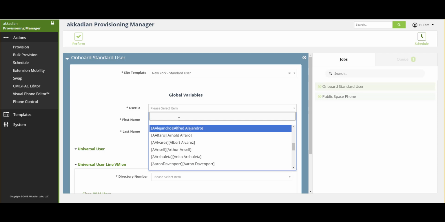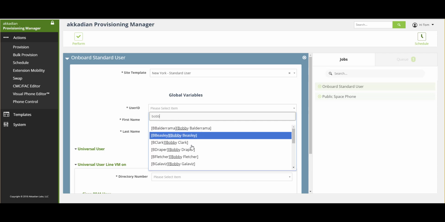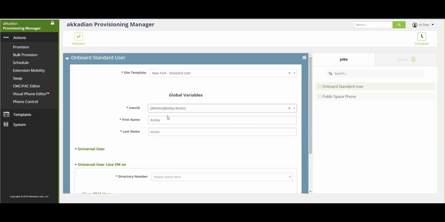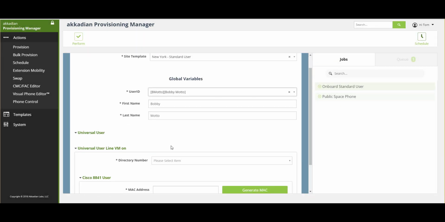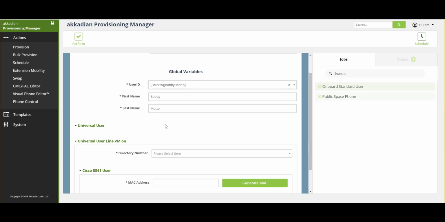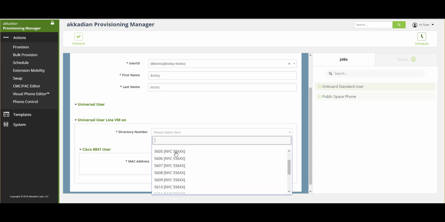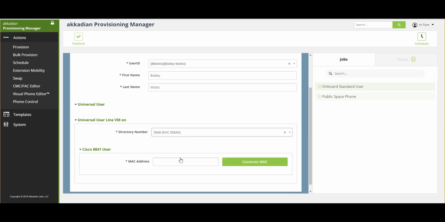So let's say we want to do, I don't know, let's find Bobby something here. All right, let's do Bobby Moto, okay? So notice it populates the first name and last name for me. Also another great benefit of using LDAP integration, because we know the first name and last name, we can pull it in for you. Saves you typing. You can edit this, by the way. So in case maybe Bobby goes by Bob, you can edit that. So now directory number, same thing. Directory number management is going to prevent me from using any other number. So we'll pick